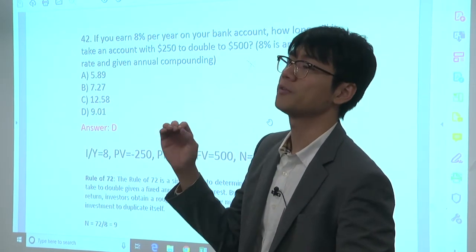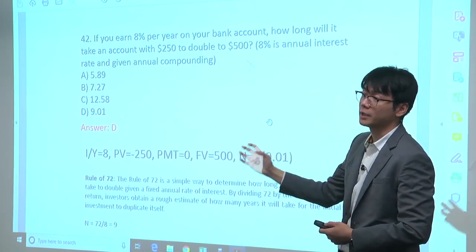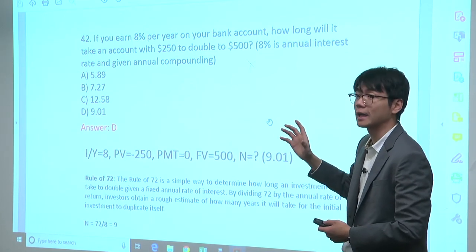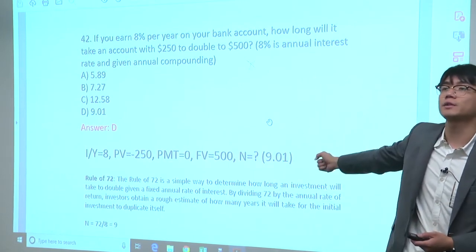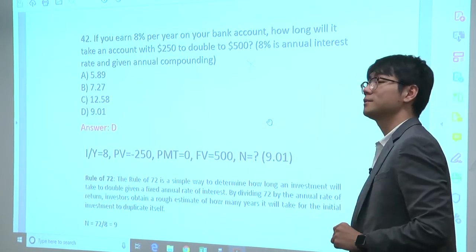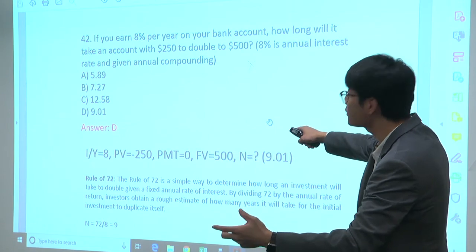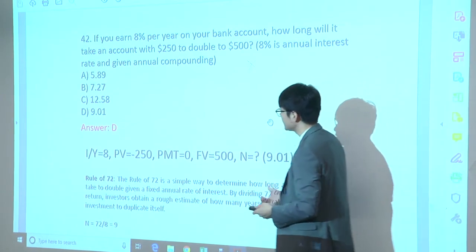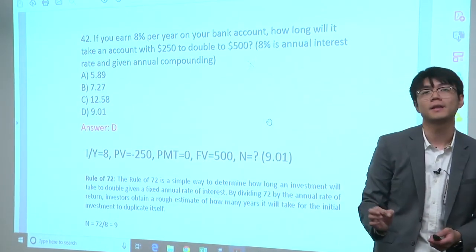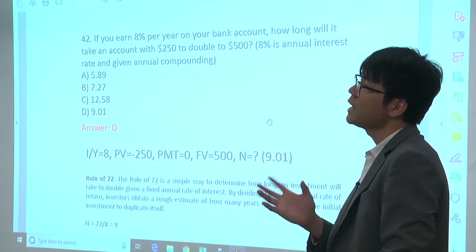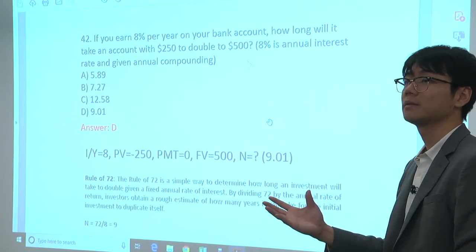So there's a rule of 72. Anytime you have an interest rate, the amount of time it takes your money to double is approximately, I'm saying approximately, not exactly, 72 divided by your interest rate. So here for this question, you have an 8% interest rate. 72 divided by 8 is 9. So the approximate number of years it takes your money to double is 9 years. The exact one is 9.01. It's very close. That's the rule of 72. If you want a quick approximation of how long it takes your money to double, you do 72 divided by the interest rate.